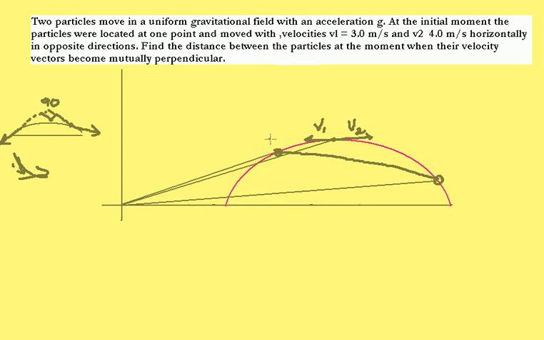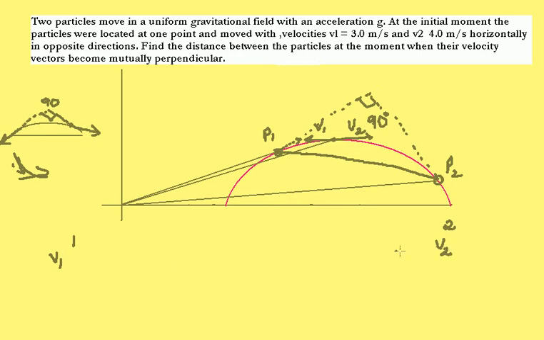Let us assume that when the bodies reach P1 and P2 respectively, their velocity vectors, if extended back, make an angle of 90 degrees. Okay, I hope you get the point. So considering this for body 1 and body 2, initially body 1 started with a velocity v1 and then body 2 started with a velocity of v2.